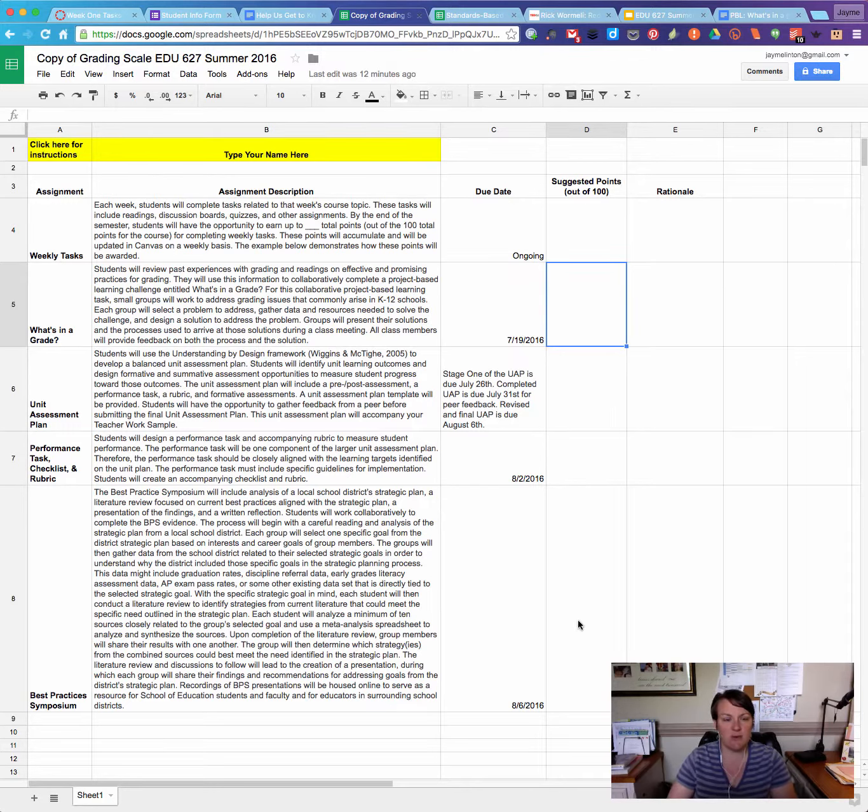This again is only for yourself. All of these columns here through here should total 100 points. And here give a brief rationale as to why you think each assignment should be graded in that way. Go ahead and fill that out soon so that I can start using your grading scale to grade the work